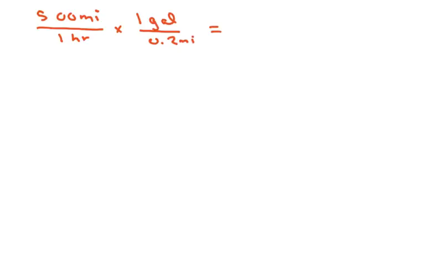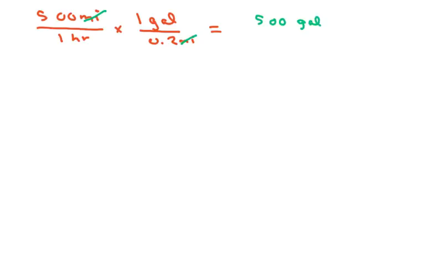So that means I can say 500 miles to 1 hour times 1 gallon to 0.2 miles. Now, what happens here is these miles units cancel out, and so you're going to get 500